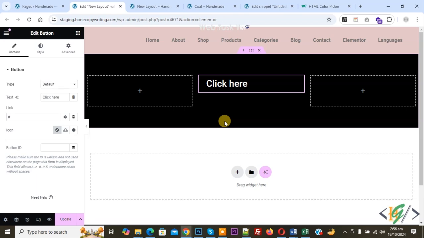Bismillahirrahmanirrahim. Assalamualaikum. My name is Hassan, and today we are going to add a neon effect on a button with lightning